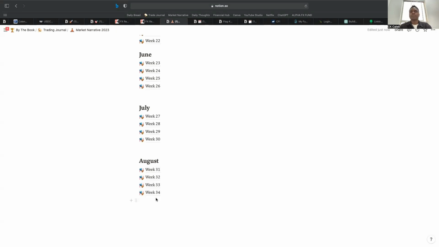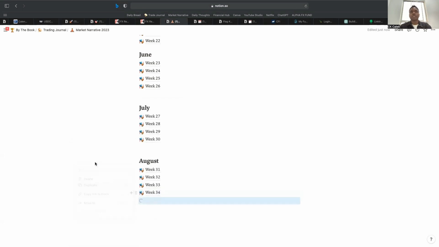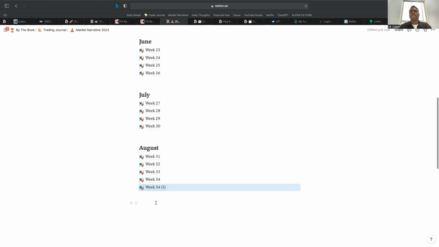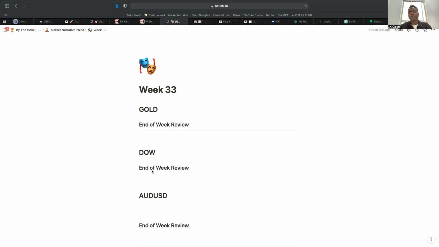So what I normally do when a new week is forming, I come and click here on these six dots, then I press duplicate. When you press duplicate, it creates another one similar to that one. So this is week 33, the third week of August. If I click on it, what you're going to see, and every week is like this,